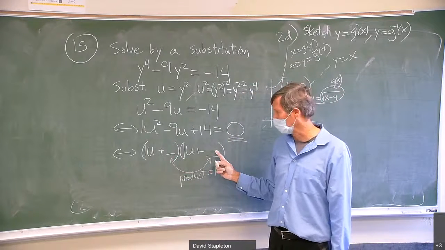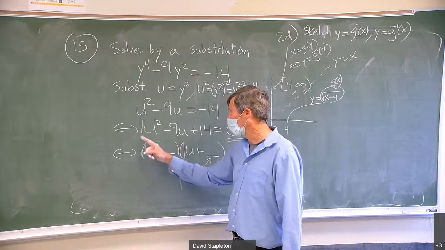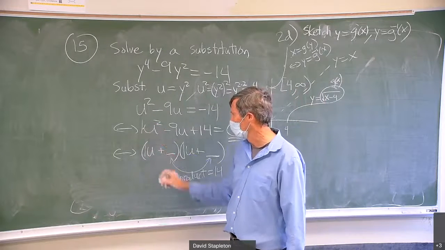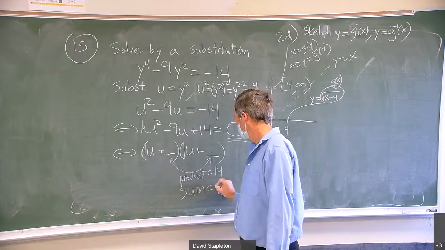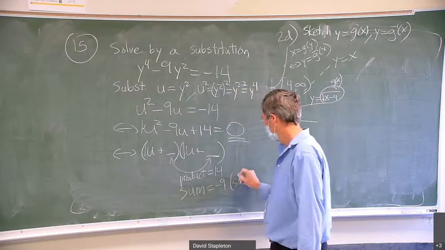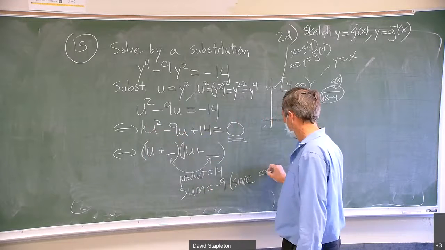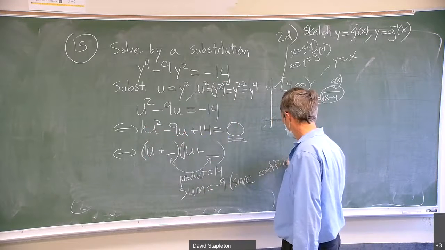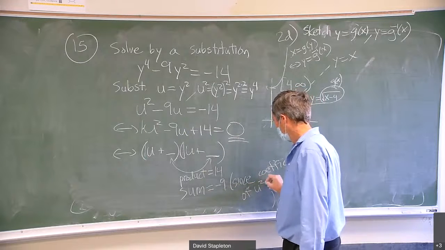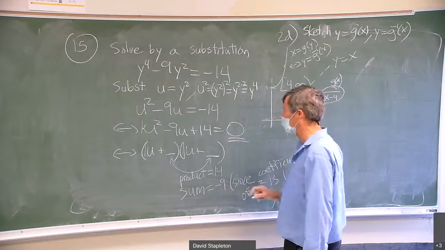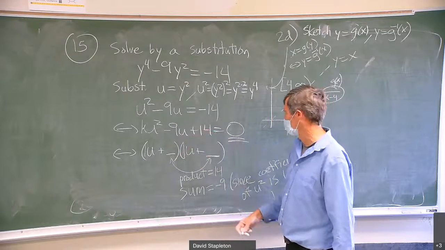We didn't do this before, and you don't need it to do this problem, but only when the lead coefficient is 1, the sum of them is equal to this number. Since the coefficient, the number that multiplies u squared, is 1, in that case, not only will their product be this number, but their sum will be this number